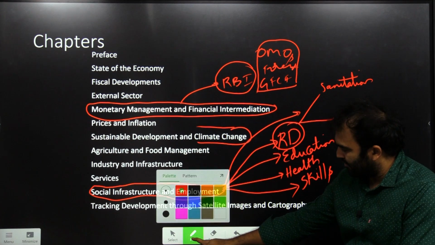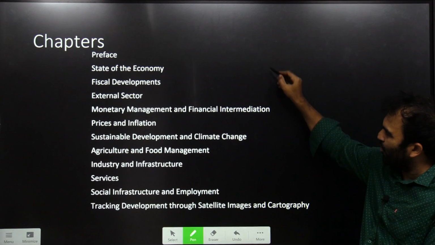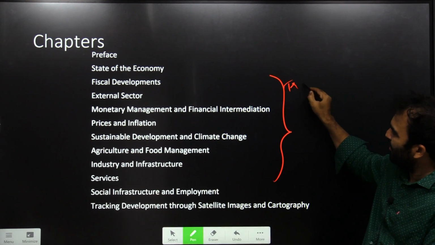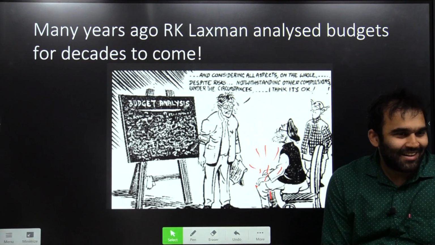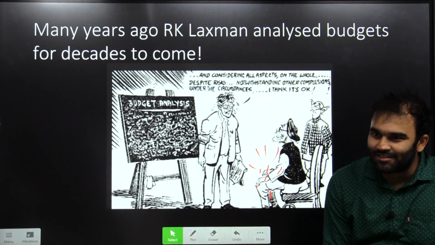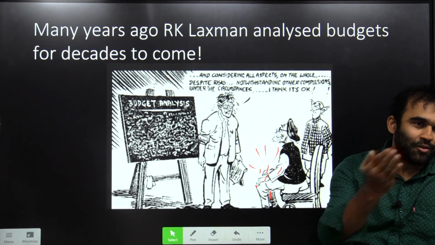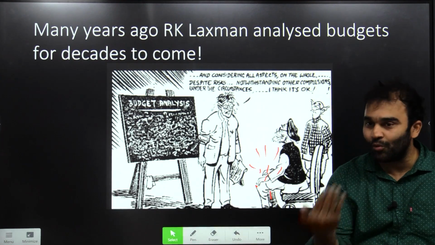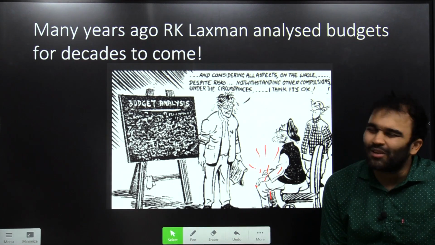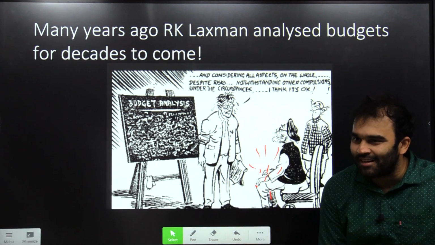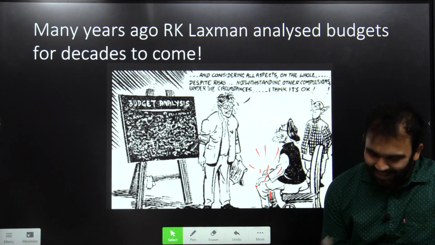So these are the chapters, which also means these are going to be the trends that your government is going to focus upon after reading the economic survey or budget. The point is, you will be as wise as you were before you started reading the budget and economic survey. Meaning you won't understand anything. None of us will understand anything after going through the government's budget and economic survey, because that's how they are written.